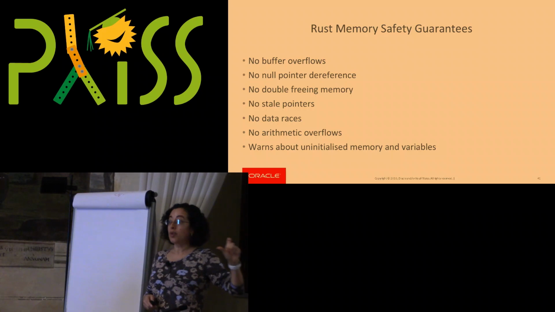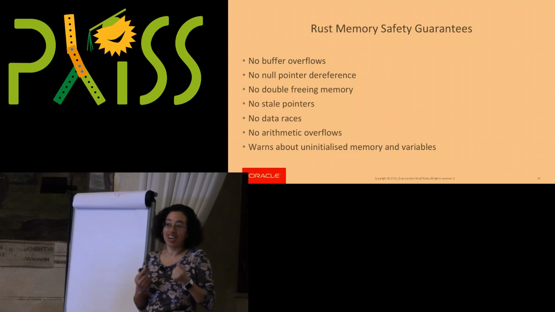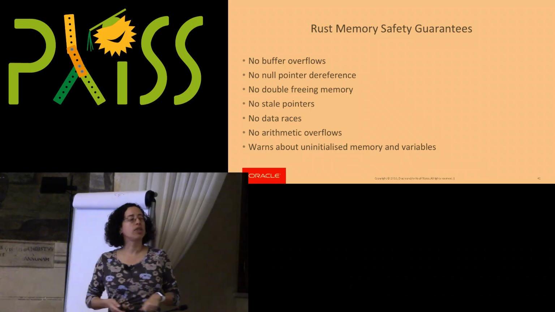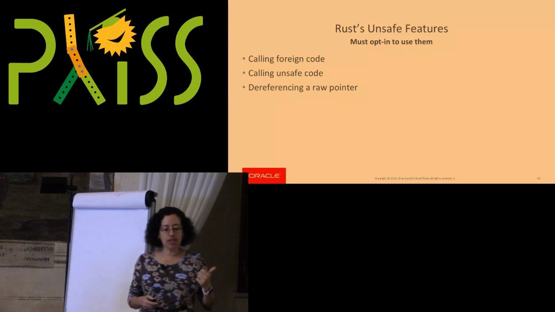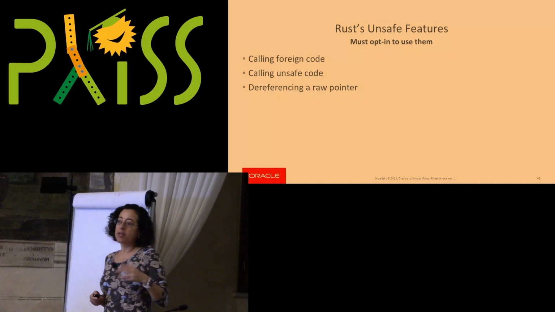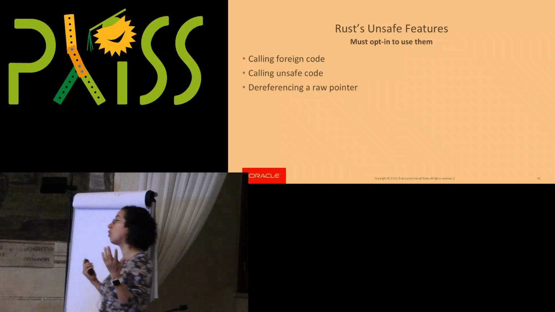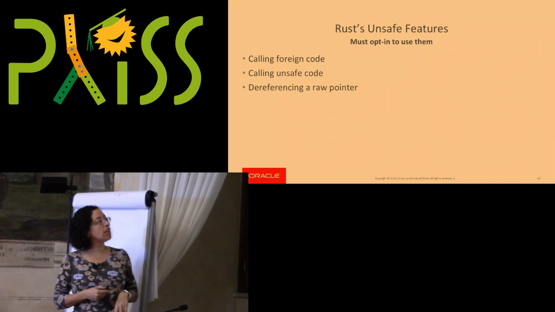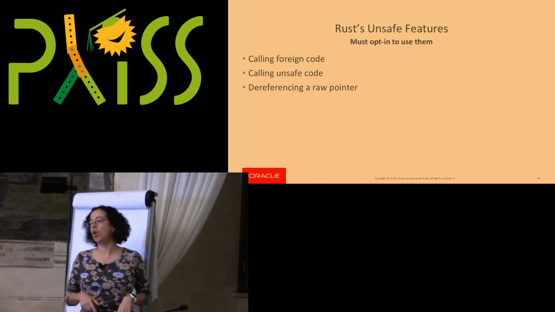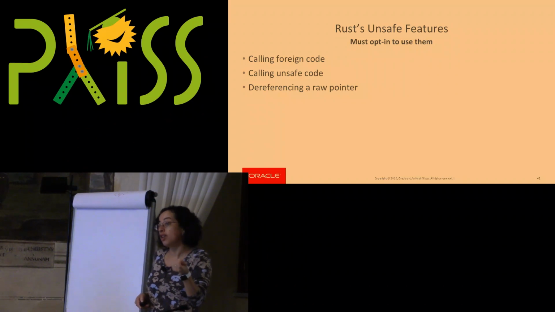So that's cool, right? It does come with a bit of a price. You do need to get used to this new type system, and it can take a little bit of time, but once you fully are into it, people have a lot of fun with it. Now, Rust does have a way of escaping safe code, because you may want to be interoperating with a particular library that you've already written in C or whatever, right? And so for that purpose, they have this concept of unsafe that allows you to call foreign code, unsafe code, and so on, right? You can dereference even a raw pointer if you really want to.